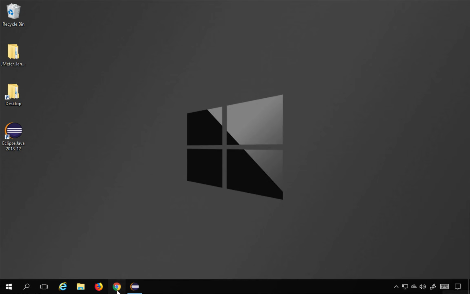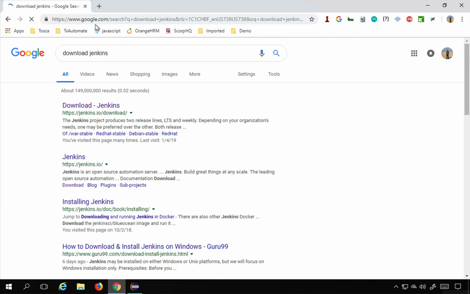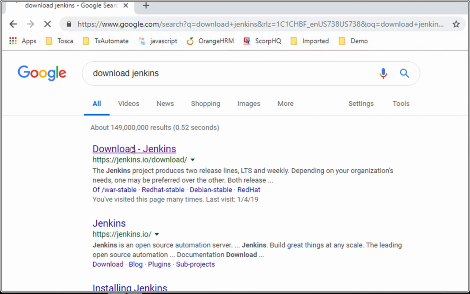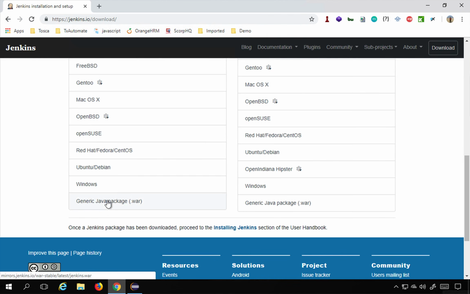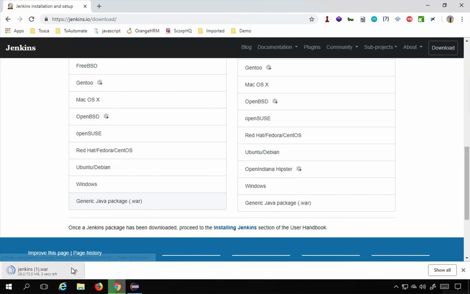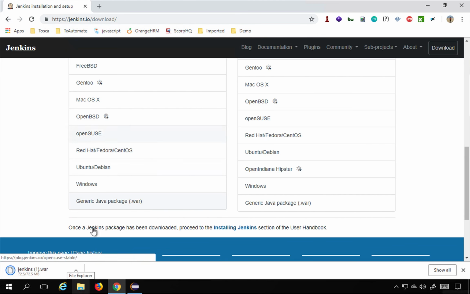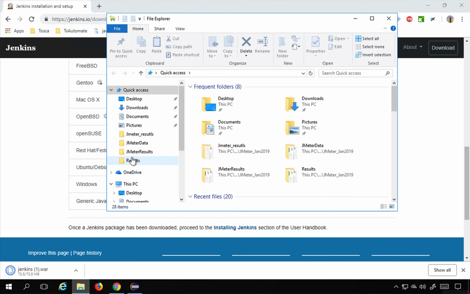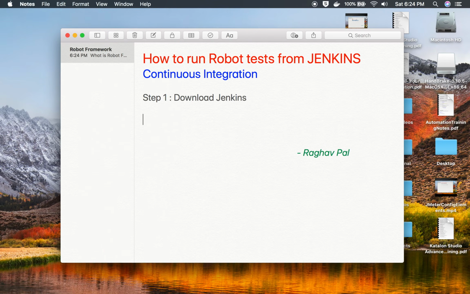If you go to your browser and search for download Jenkins, it will take you to the jenkins.io download website. You can go here, and if you go down you will find this generic Java package .war. I will click on this and it will download, and then I will go to my folder. Here it is downloaded in Downloads. I also have this jenkins.war file which is the same as the one downloaded earlier, so I can make use of that. Once you have downloaded,